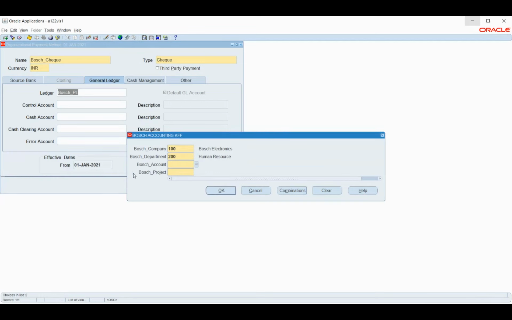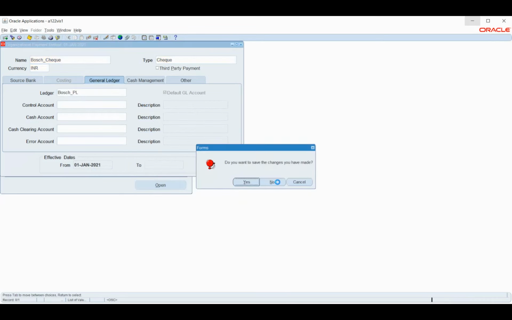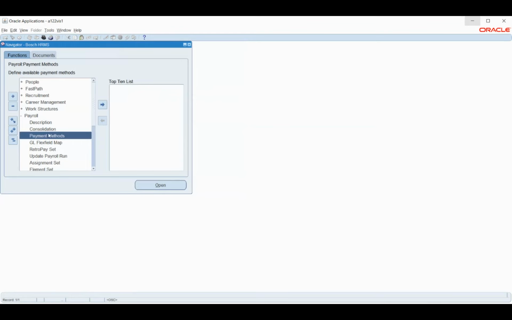So I'll give the account code combinations. I think the account has to be filled in. Give me a minute. Let me add a few accounts. So what are the accounts?